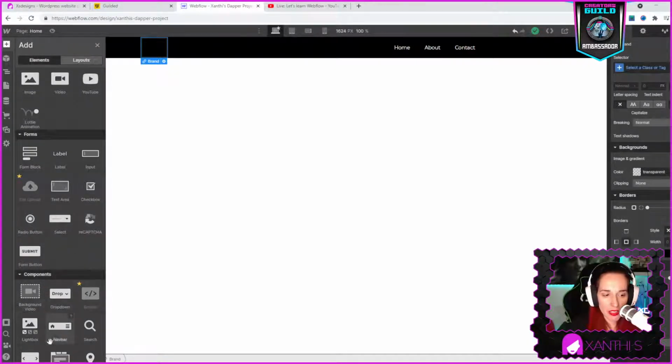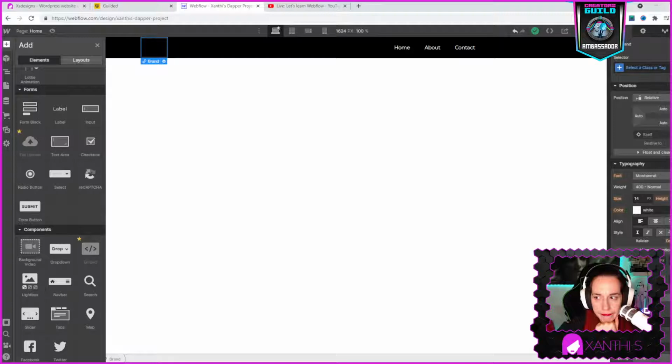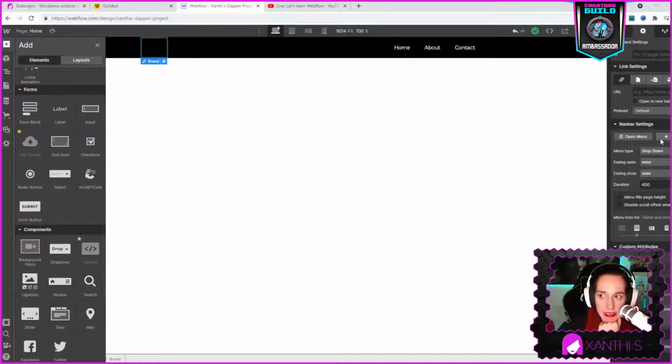Drop, embed, lightbox. Here we have the nav bar. Brand. Brand settings. Menu icon for tablet. Custom attributes.